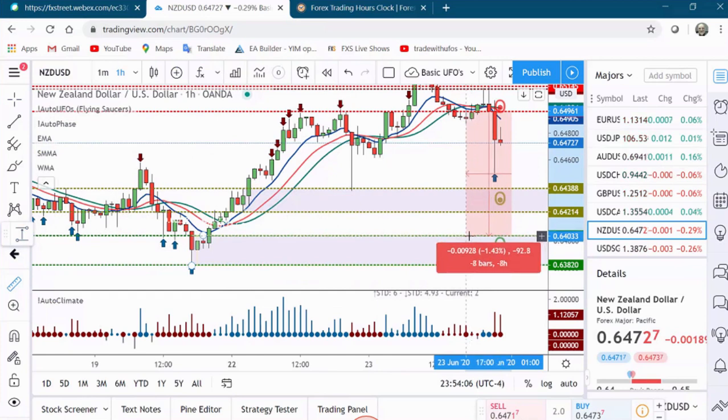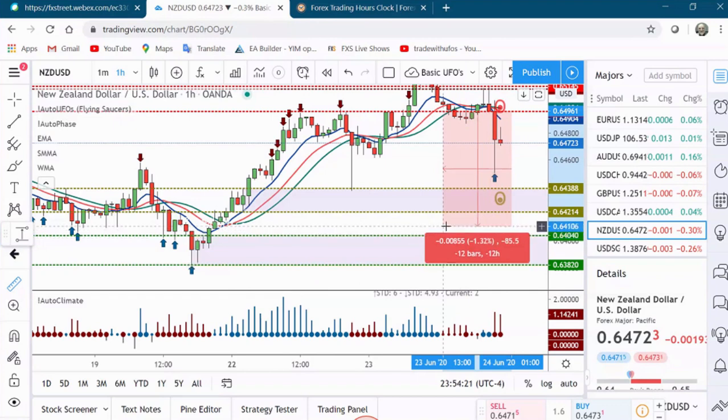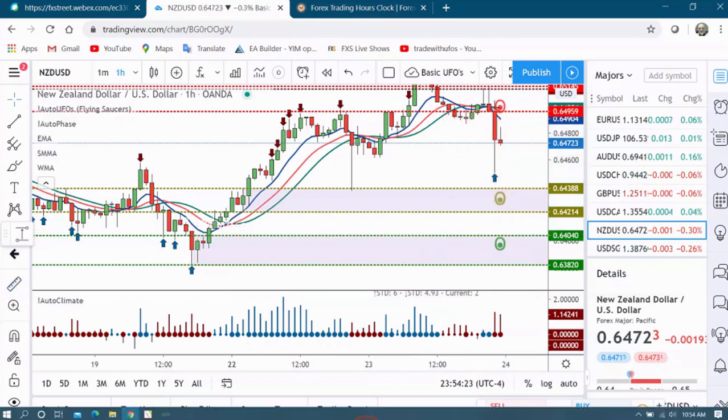So that's a 92 pip move. 92 pip moves that we're looking at there. Let me confirm that with